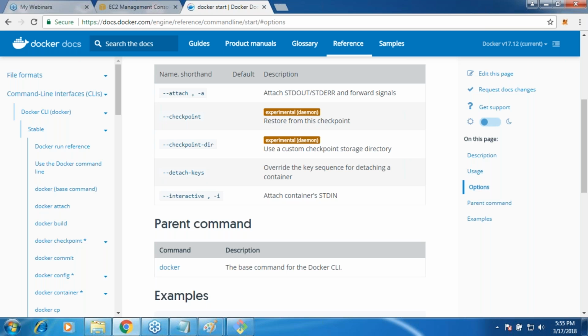So what is the basic moral here? Memory reservations have to be done while starting or running the container. You can't increase the memory of the container once the container has started. The only thing you can do is increase the swap, if you know Linux, but swap memory is not real memory, so it will not behave the same. However much swap memory you set, it will not behave exactly like physical memory.